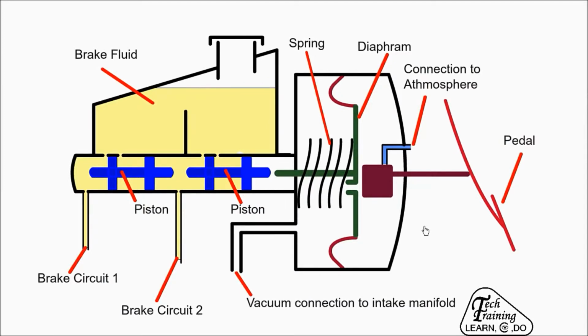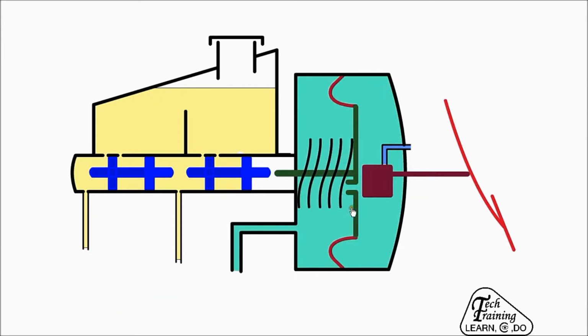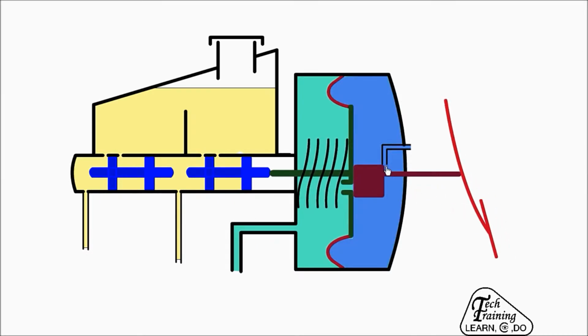As disc brakes do not have a wedging action similar to drum brakes, considerable effort is required to operate them. Usually a car will have a braking power assist system. This uses the vacuum from the air intake system. When the car is started, there is a vacuum on both sides of the diaphragm. When the pedal is pressed, it first closes the valve to the vacuum side and then opens the valve to